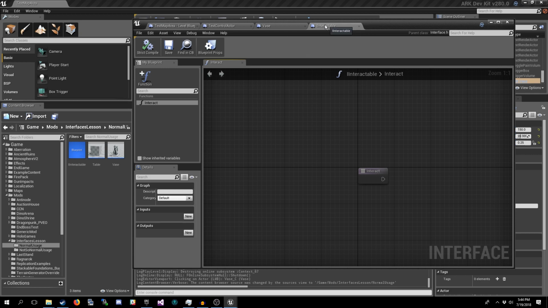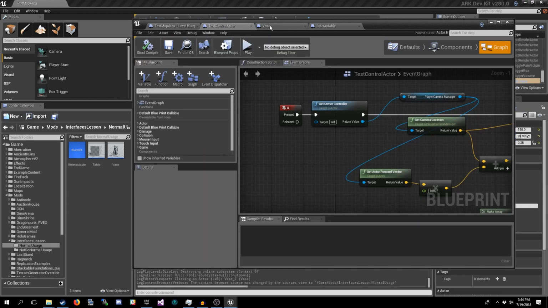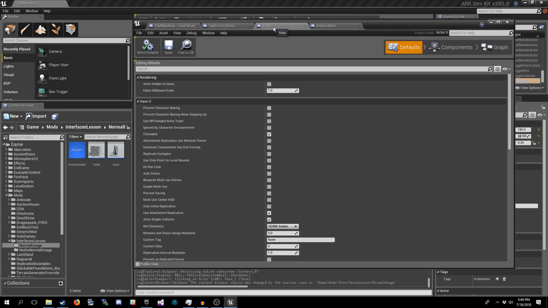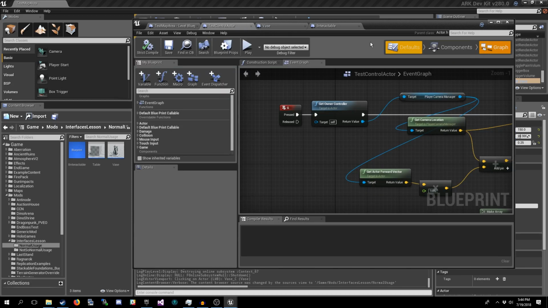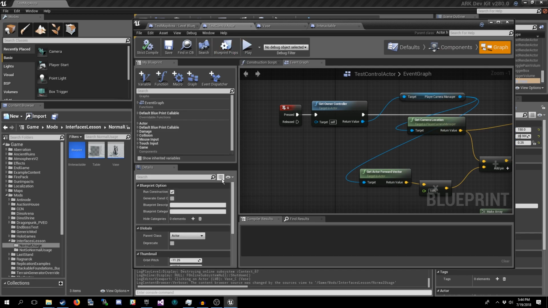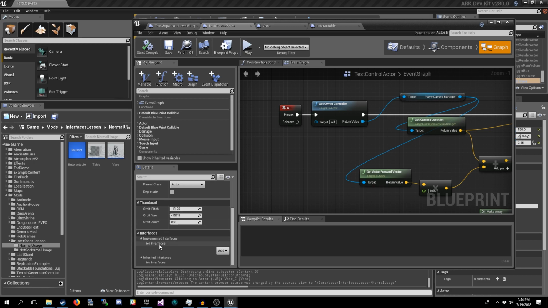What we do with an interface blueprint is we go to any actors or objects, any classes that we want to implement it. We find this button up here. It says Blueprint Props. We come down here and we scroll down.